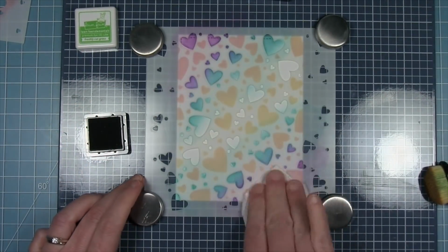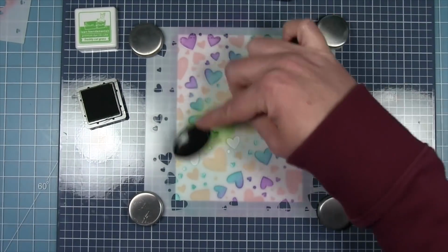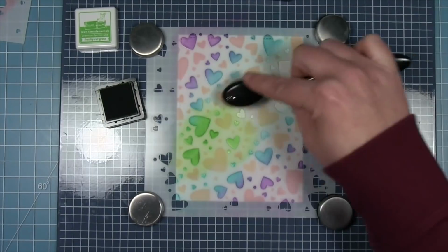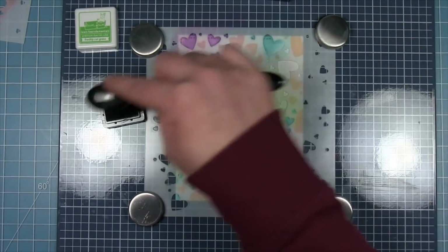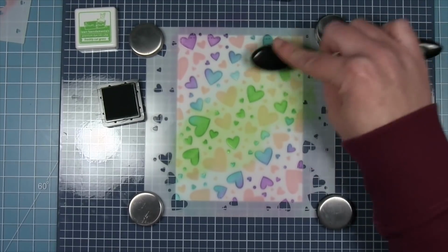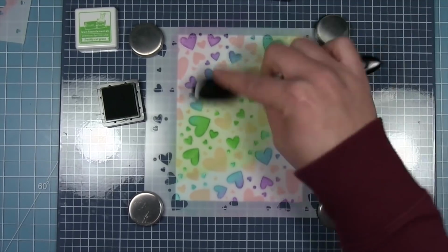I am going to use a dry paper towel to wipe off some of that purple. I felt like when I was doing the teal color, I was grabbing a little bit too much of the purple because it was on the stencil and it was muddying up my color a little bit. So just to avoid that, if you feel like that's happening, you can dry wipe that off with a paper towel. Then I'm adding my green,